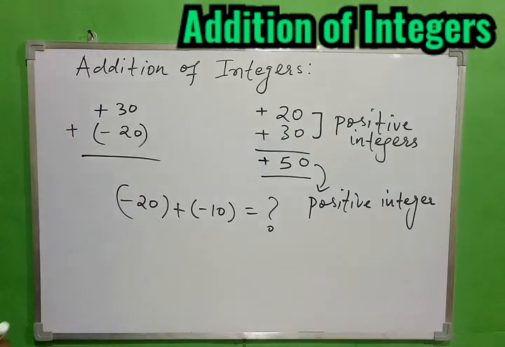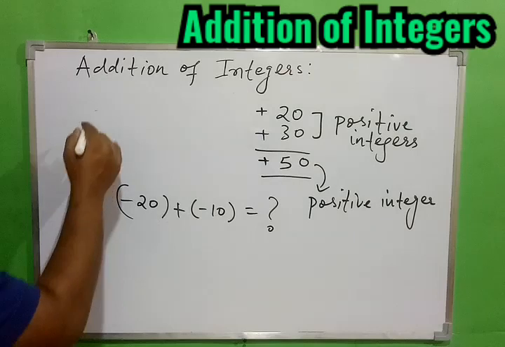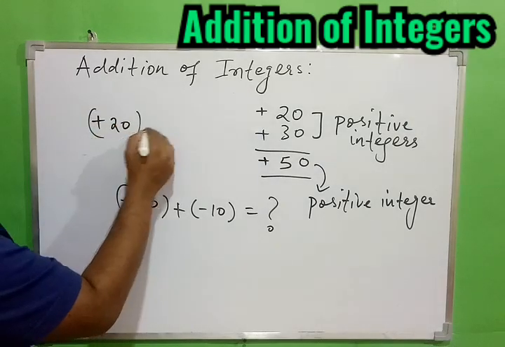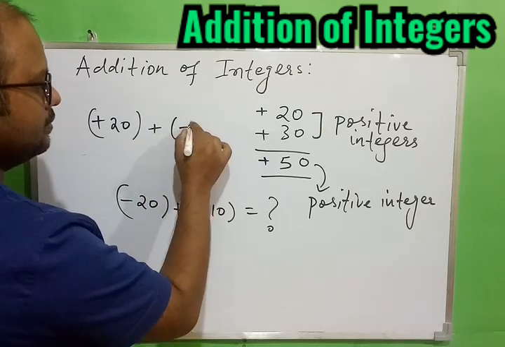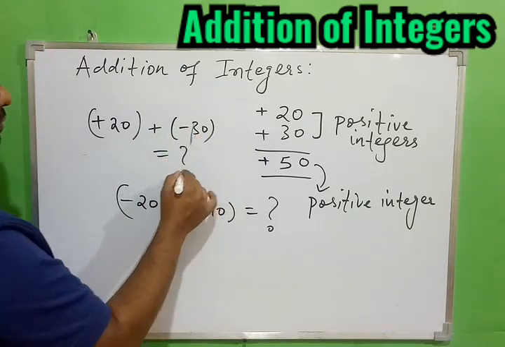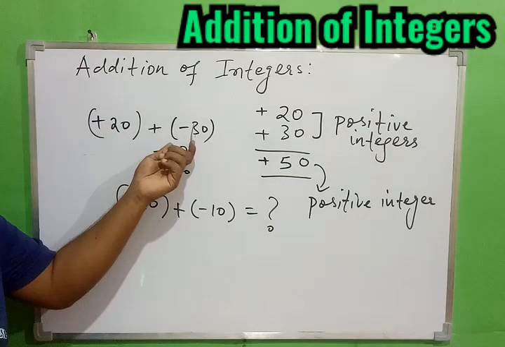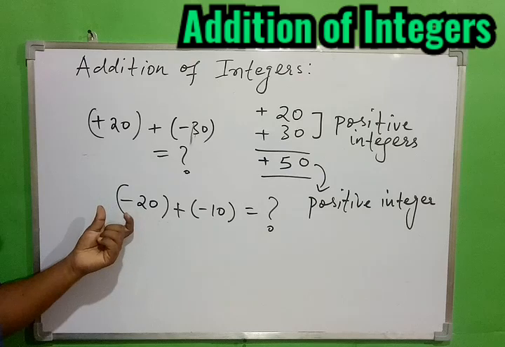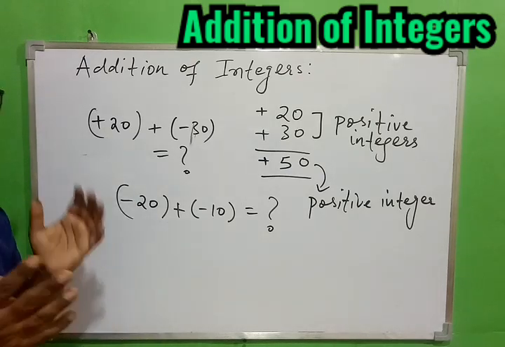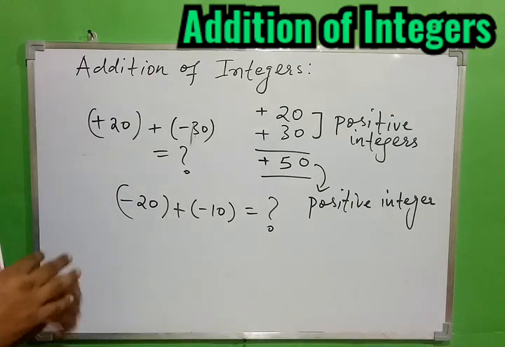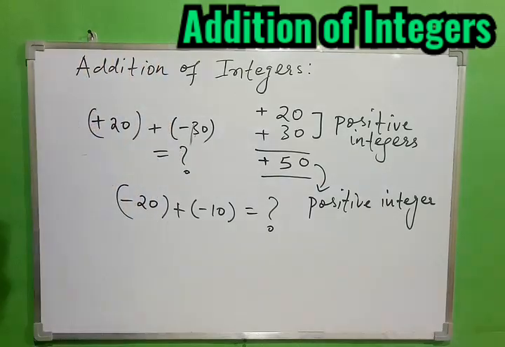If we have positive and positive numbers, there is no problem in the addition, but if you have plus 20 and minus 30, then what should be the answer? So you can see these two are different examples. Here we have positive and negative integers, they are to be added. Here we have negative and negative integers, they should be added. So in such a case, what is to be done and how to do it, and what methods we have to solve this kind of question, that is to be understood in today's class.